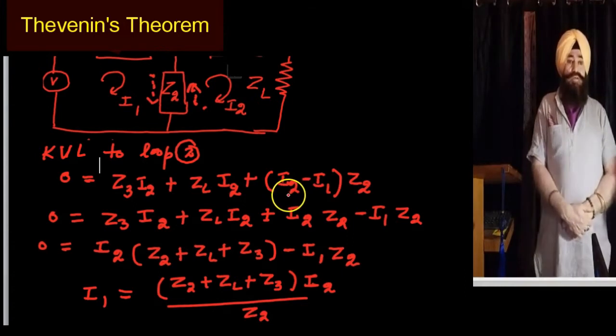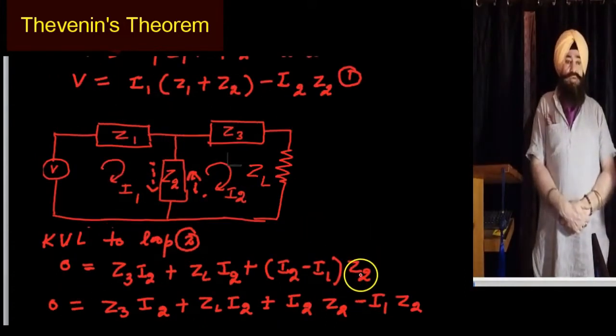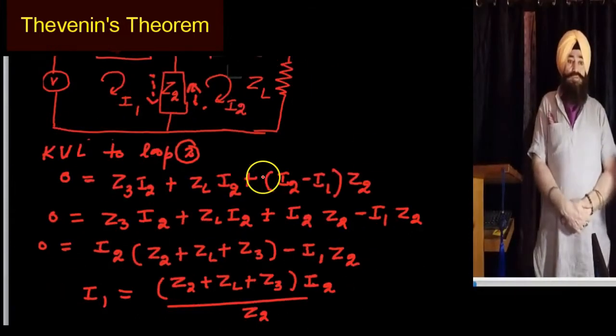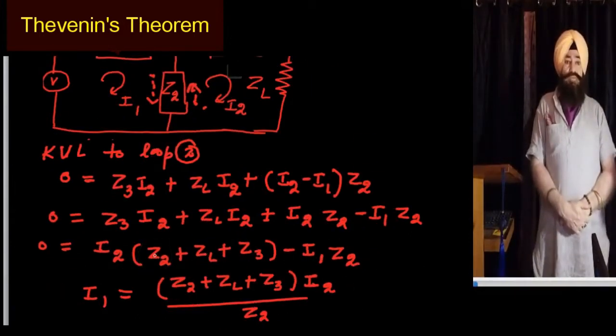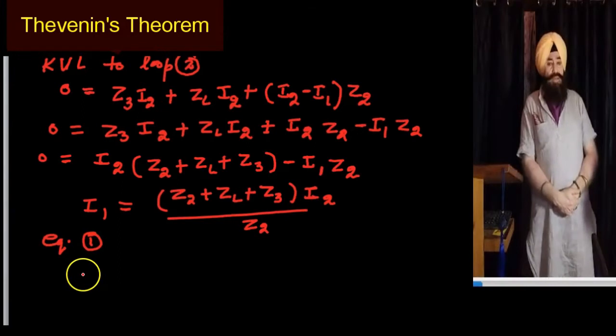So this is the value of I1 in terms of I2. Now what we do, we substitute this value in equation number 1. Substituting I1 in equation number 1,